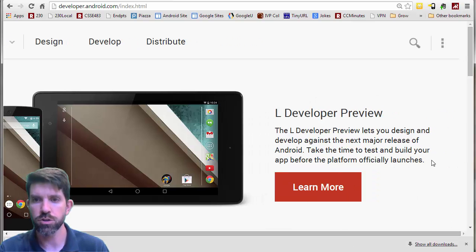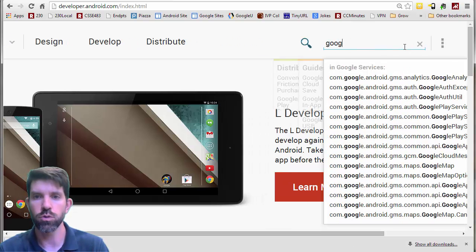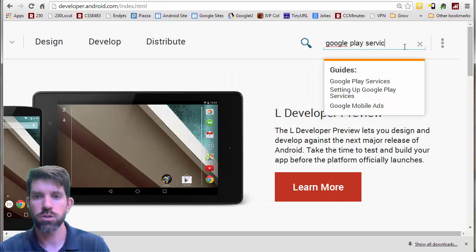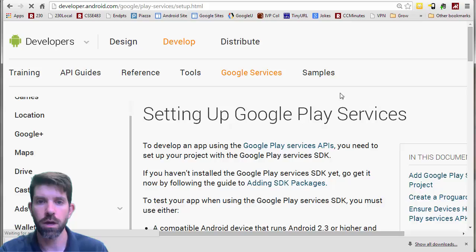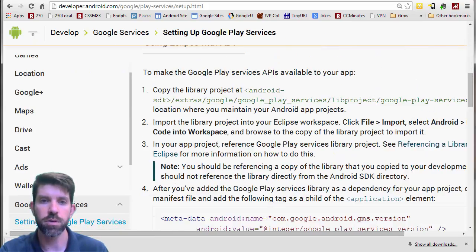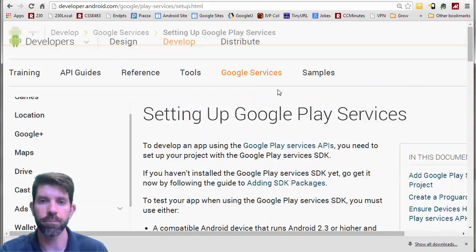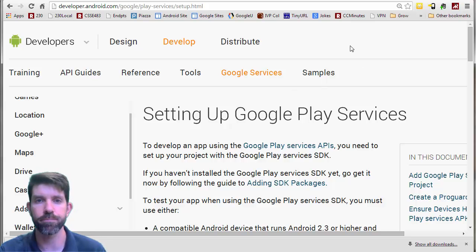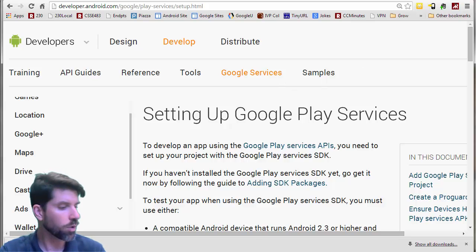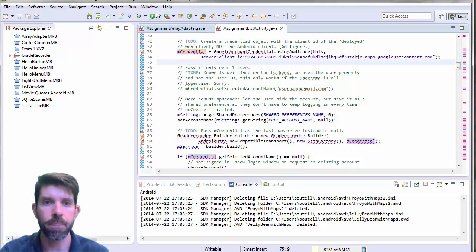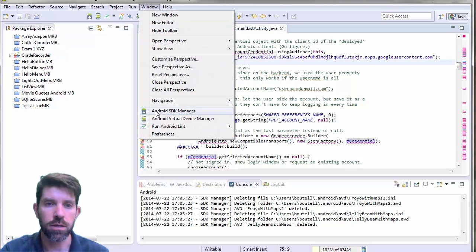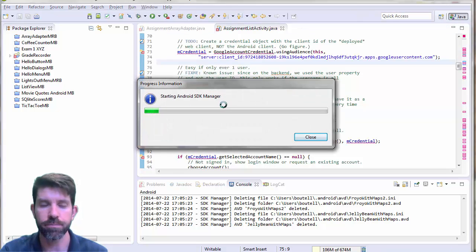And let's go ahead and search within here to Google Play Services. And there's a guide to setting it up. And if we go there, I'm basically going to be running through these different steps right here. Okay. So the first thing that we're going to have to do is to make sure that we actually have it in the SDK. So the way that we're going to check that is go to our SDK manager